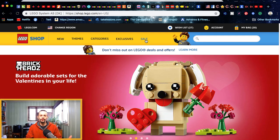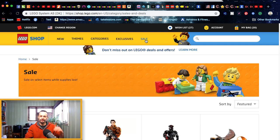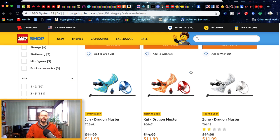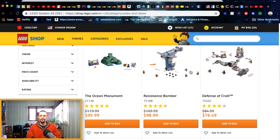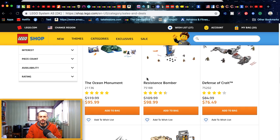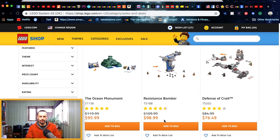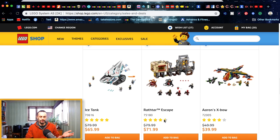Specifically, what we are looking for is deals. Things that we can get much cheaper than we can get anywhere else, and we can sell them for a lot more money. Such as in the sales section, you press on sale and you have a wide variety of different products that are already selling for less than they should actually sell for. For example, the resistant bomber is selling for 98 bucks. And maybe if you list it for 120 and somebody decides to buy it, you already make money on this